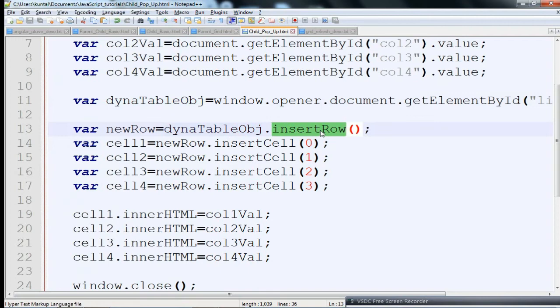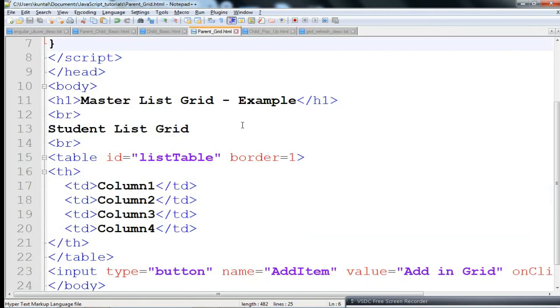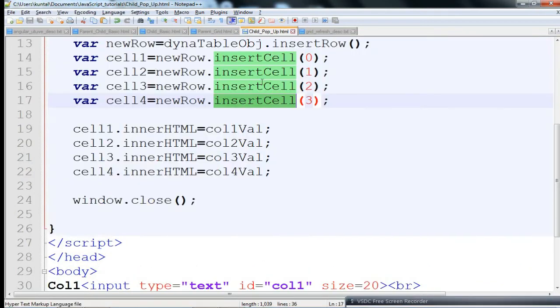So that way I have added four cells. Once I have that cell object, I can access the inner HTML of that cell, and the values I have taken from those text fields I can assign over there.